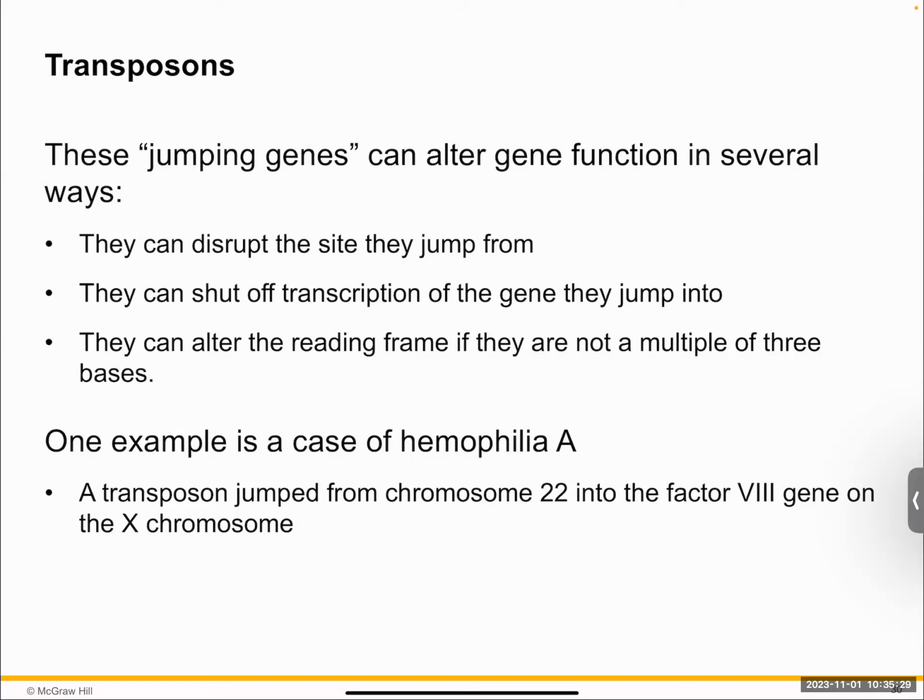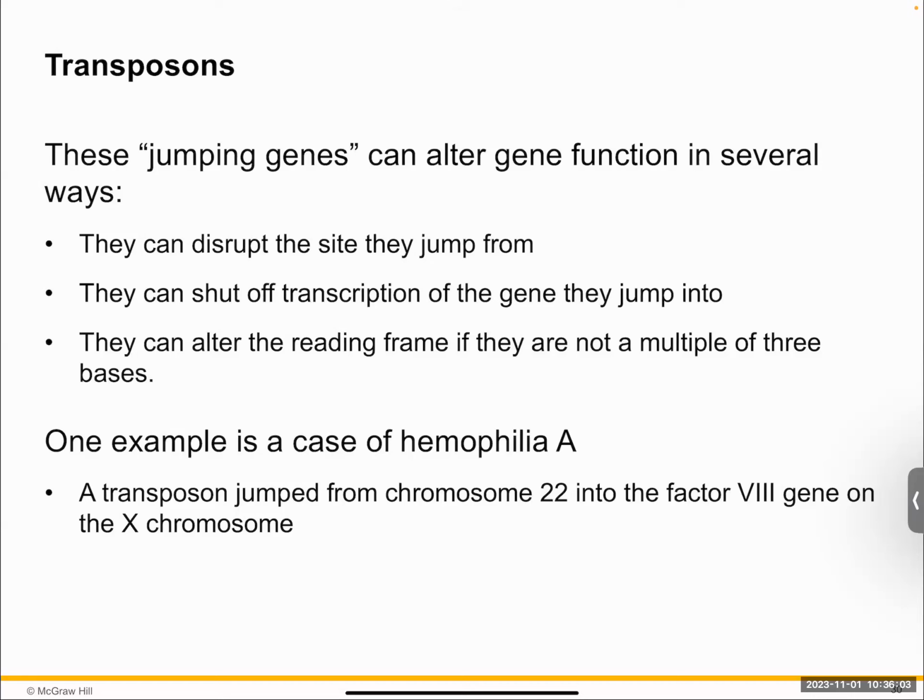So one of these examples of these jumping genes causes a frame shift. If the frame shift is on the basis of 3, you may actually have a protein that's almost completely functional and normal. But if your frame shift is less than 3 or more than 3, and not in multiples of 3 bases, that causes major health problems because those proteins are going to be